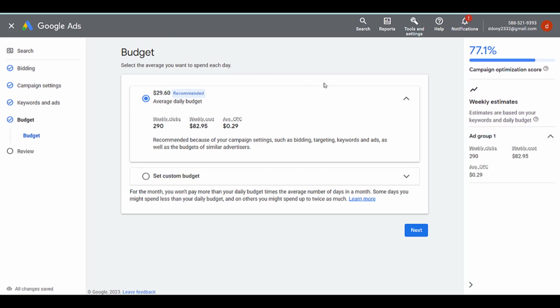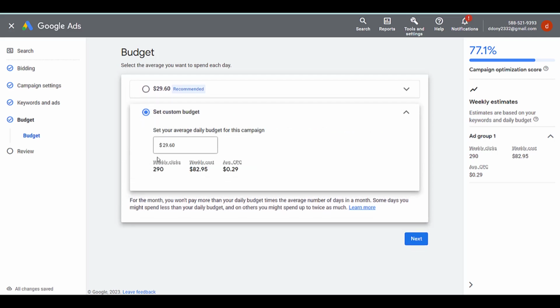Okay, this is a Google Ads recommended budget, 29.60 recommended. But this is only a bit. You can set your custom budget to get more clicks.